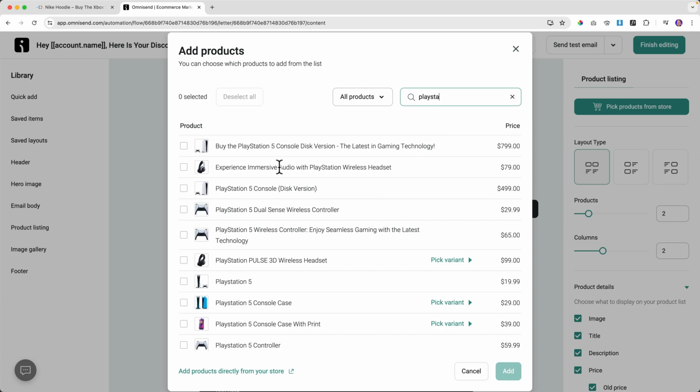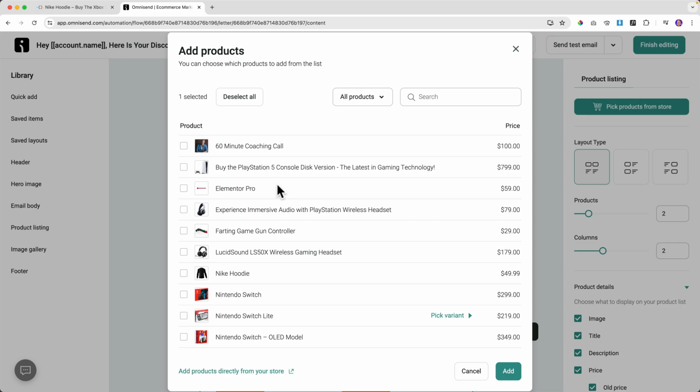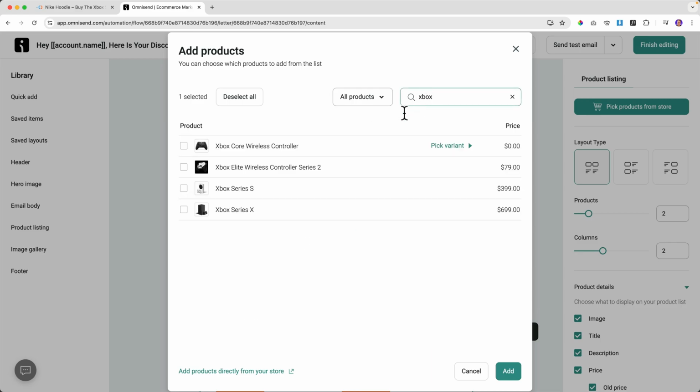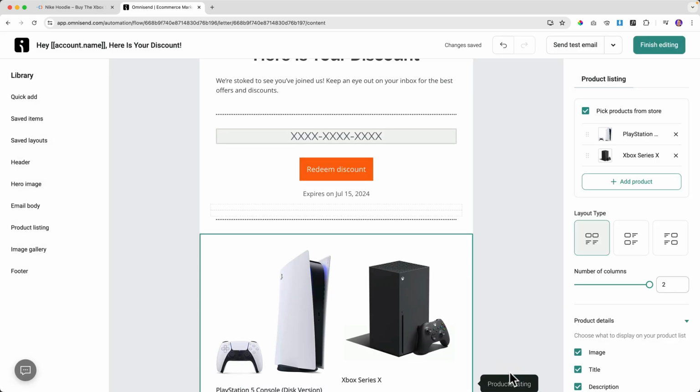I love that, man. And it's displayed beautifully. Some products have variants. How do you say that? It's a variable product, so it has multiple variations. So I can click over here and choose one of those. So I want to show the PlayStation, or you know what, the PlayStation 5. And I want to go for the Xbox. I can search for Xbox. This one. So 2 products, I add them.